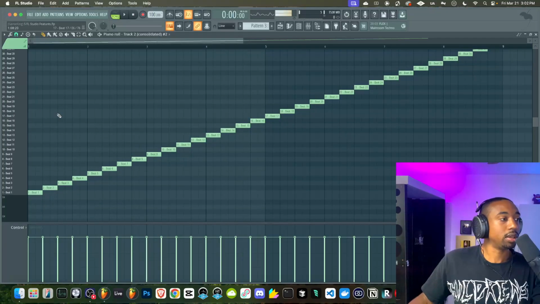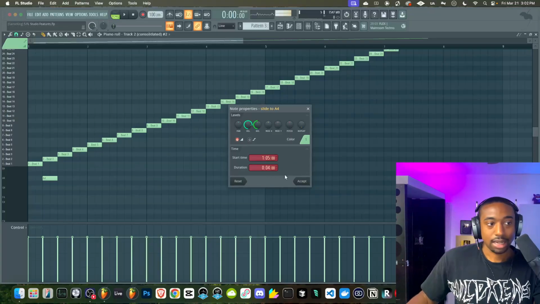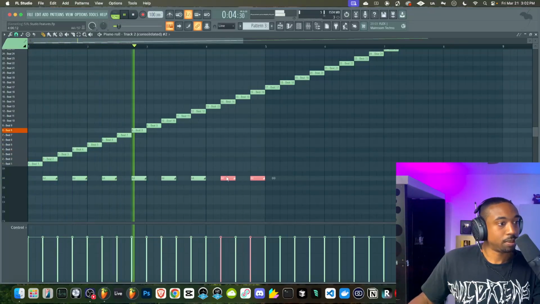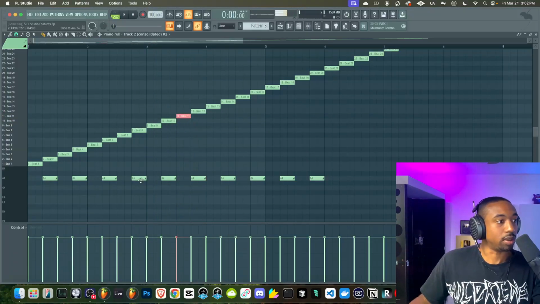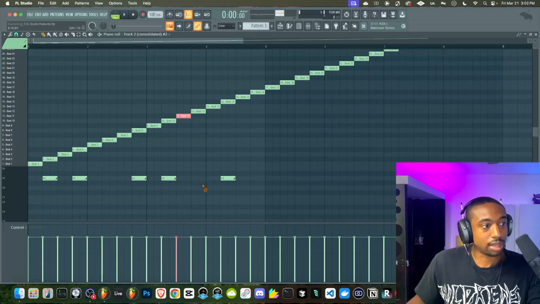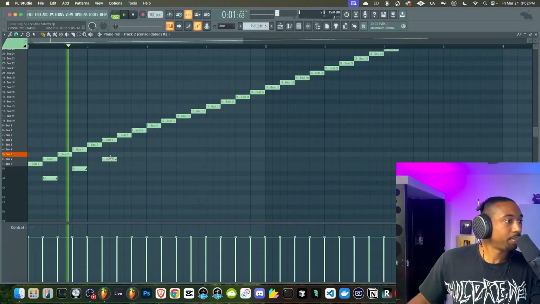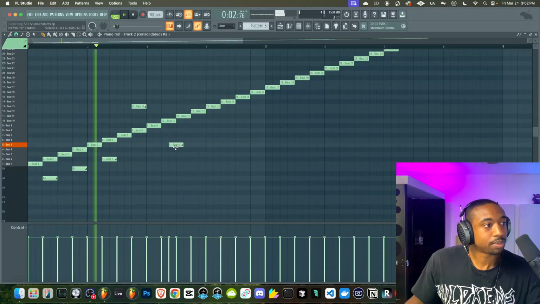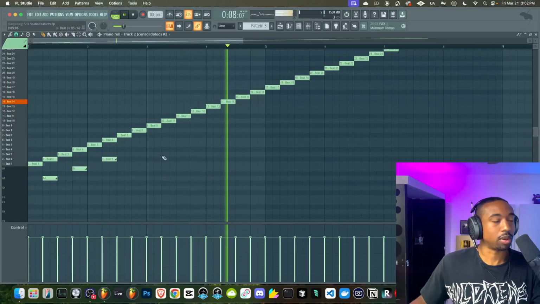Now, some things people don't know in here. You can pitch slide these chops. So if you double click a note, you can make it a slide note just like that. So people don't know that. So pitch slides in semitones from here to wherever the note is. So if you don't want that much of a dramatic pitch slide, you can simply make an only pitch slide. You could also make a pitch slide up. Okay, most people don't know you could do that.